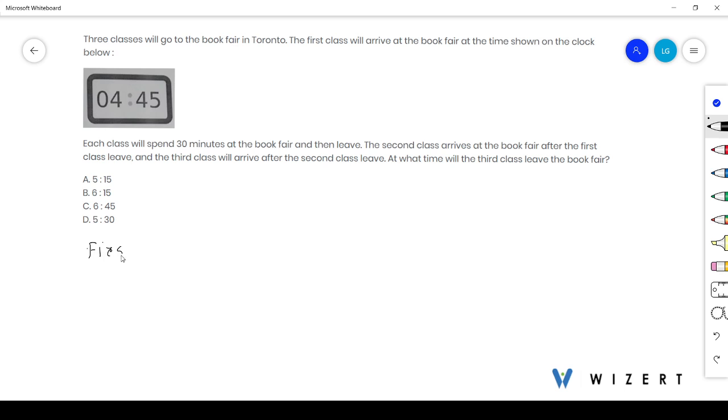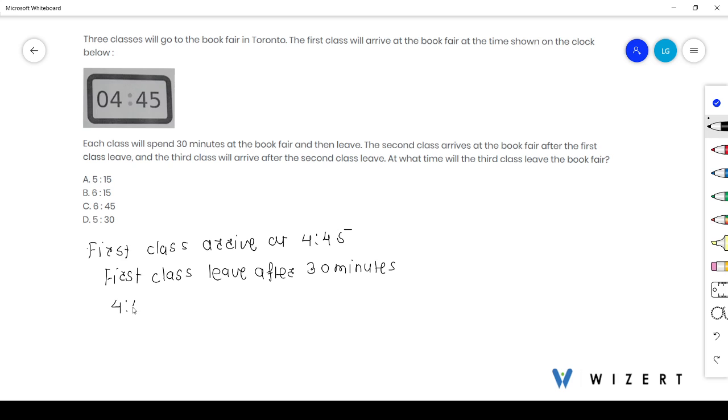Here, we are given that the first class arrives at the time shown in the clock, meaning at 4:45, and as given, each class stays for 30 minutes, so the first class leaves after 30 minutes. It means 4:45 plus 30, that is